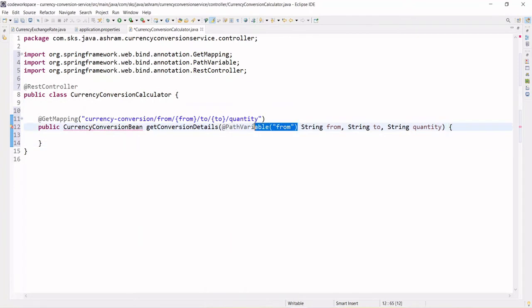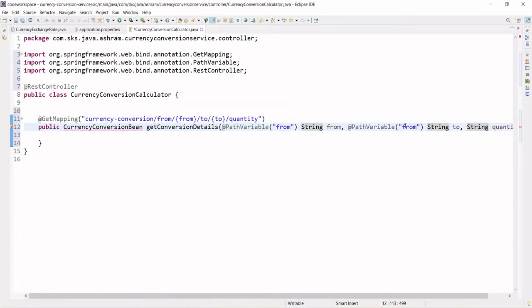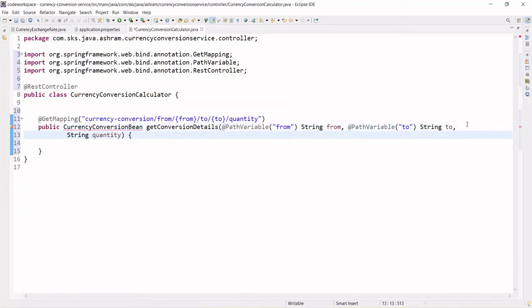Copy this, Ctrl+C, Ctrl+V, and this should be to. Put it on the next line to make it clear, and here should also be this PathVariable quantity, right? So mapping is done. Whatever parameter is coming should map with this method parameter: from will map with this, to will map with this, and quantity will map with this quantity. So our HTTP GET method is ready.